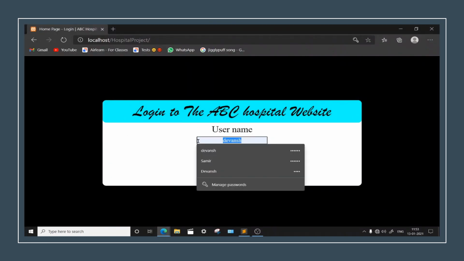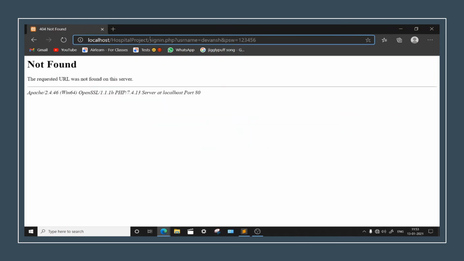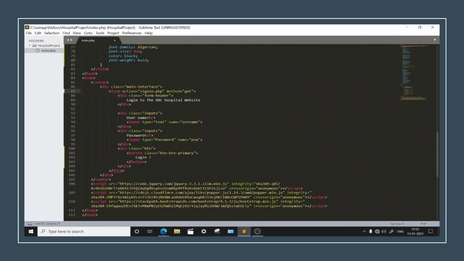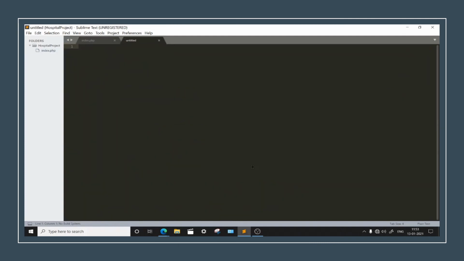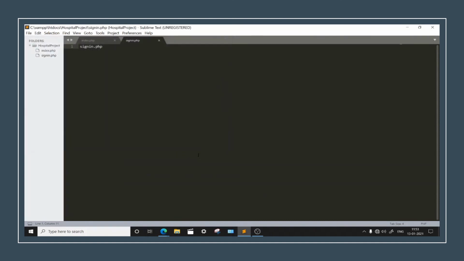We are making one username. We have one password. The person clicks on login, and he is redirected to this page. Okay, so it's like this, and I want this thing to happen. So now let's make one new file. Copy this thing because this is really case sensitive. So press Ctrl N. You will get a new file. Ctrl V, Ctrl S. Paste the file name and you will get a signin.php file ready for yourself. So in the next video, we will be making this whole signin.php file.